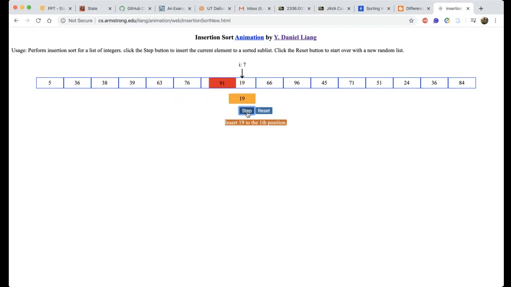So you can see how it works, right? Okay, so I guess you're getting the idea. Now look at the